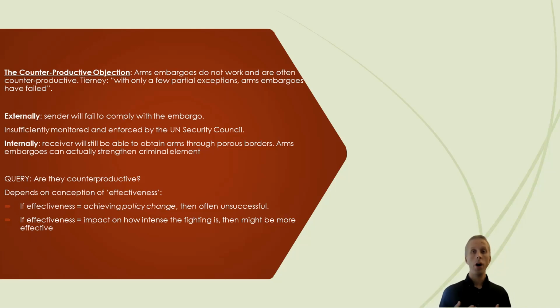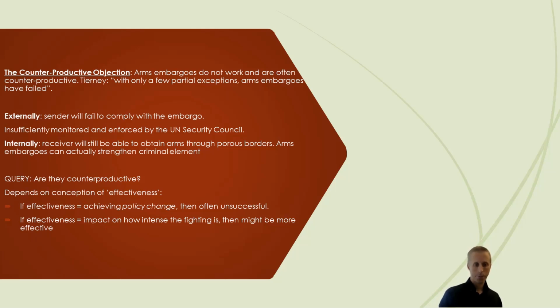Why is this? Well, externally, the argument goes, the sender, that is the state that's engaged in the arms embargoes, that's putting the arms embargoes, sending them onto another state, will fail to comply with the embargo. They will continue to supply arms. Why is this? Well, they might have interest in still propping up an ally. Alternatively, they might simply wish to sell arms for financial reasons. The embargo might also be insufficiently monitored or enforced, and states will fail to have significant penalties for failing to